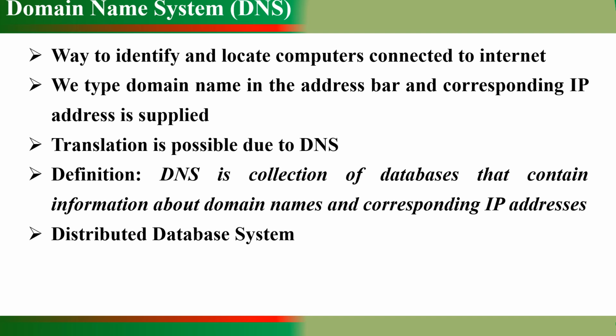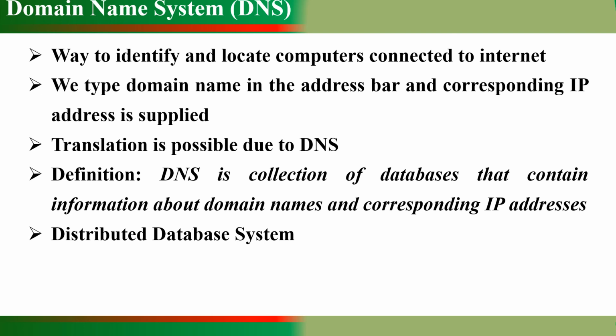The translation of a domain name into an IP address is possible only due to the domain name system. The domain name system is a collection of databases that contain information about domain names and their corresponding IP addresses. It is a distributed database which is spread over the internet, translating human readable computer host names